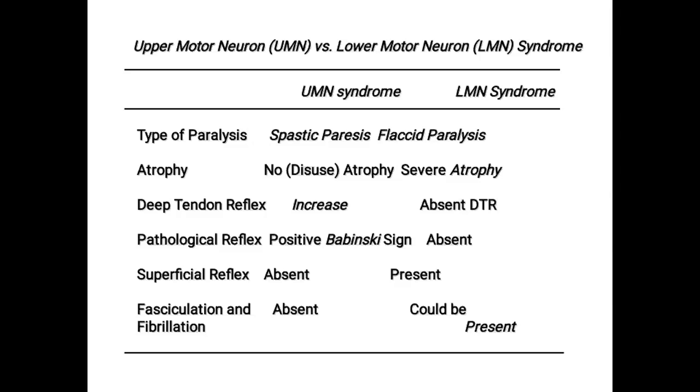The fourth, Cheyne-Stokes breathing due to hypoxia. So these are the causes of a positive Babinski sign. In which circumstances do you see a positive Babinski sign? Of course, the Babinski sign is seen pathologically in upper motor neuron lesion. The other cause is in